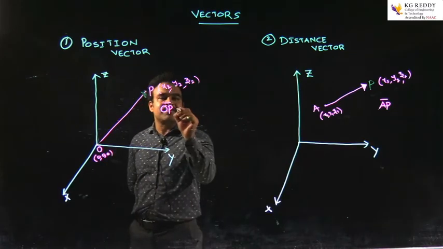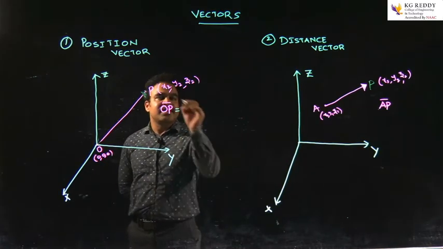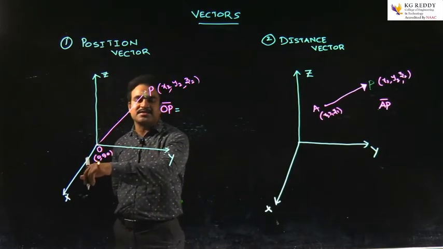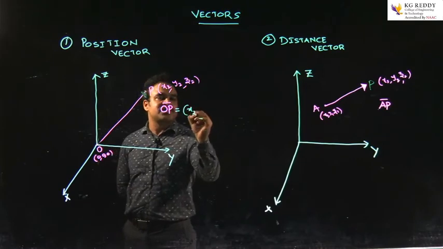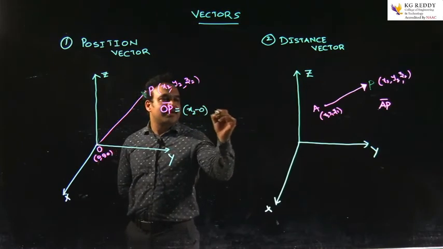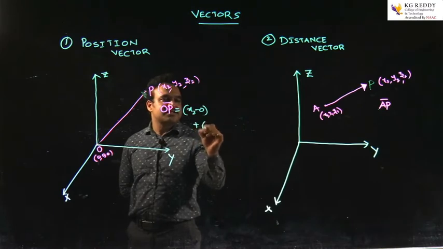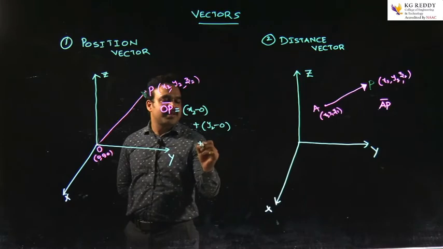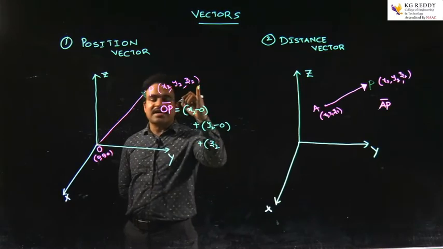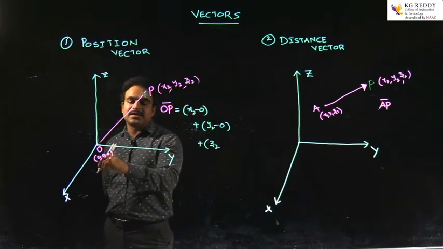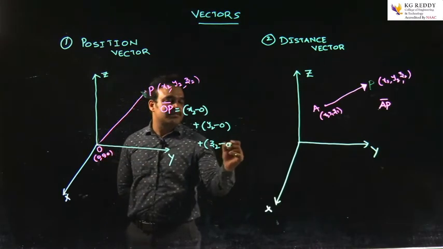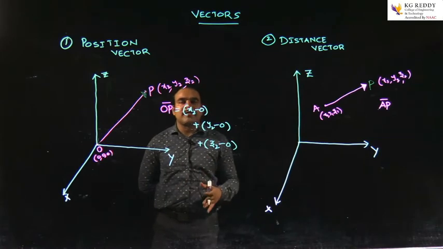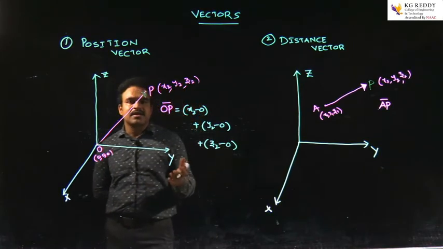In order to write this equation here, take the end point x2 and this 0, because here x is 0, so I will write x2 minus 0, plus y2 minus this point 0, plus z2, the last one, the z coordinate, and here the z coordinate of this origin is obviously 0. But this doesn't mean that this is a vector, because I have not written the unit vectors, because the unit vector always represents the direction with unit magnitude.